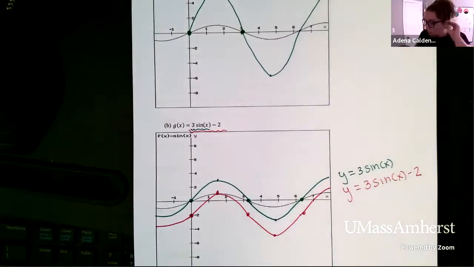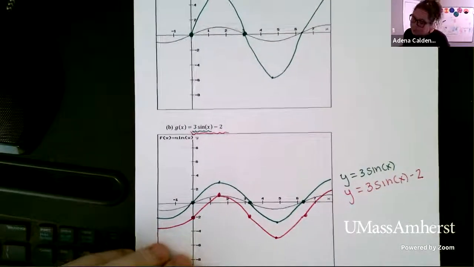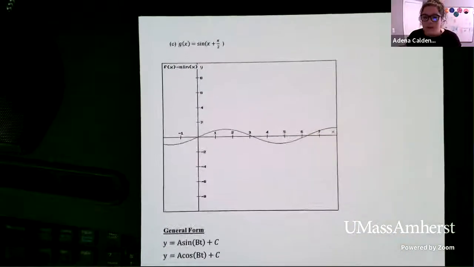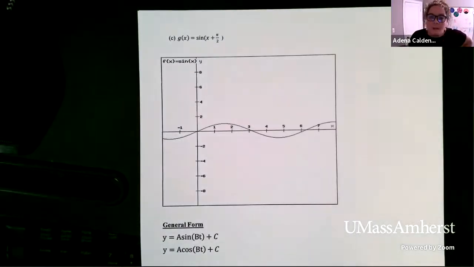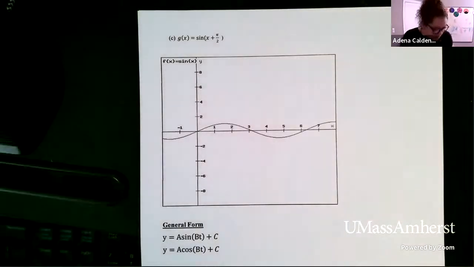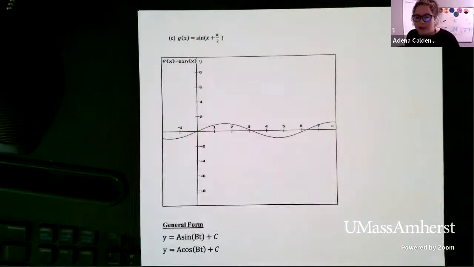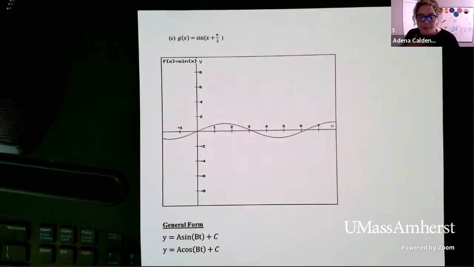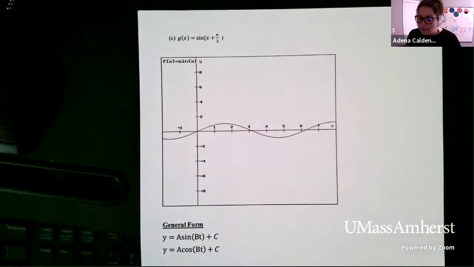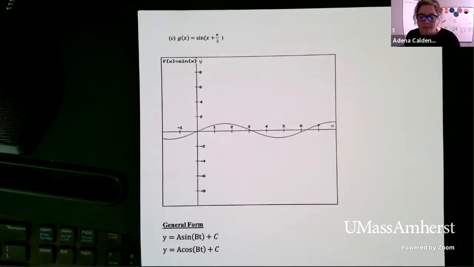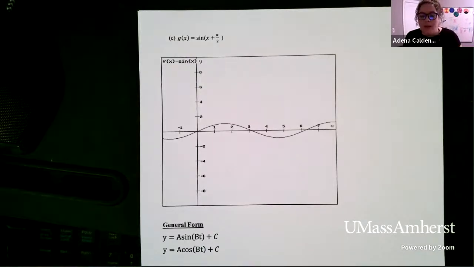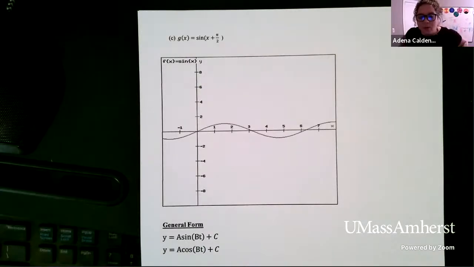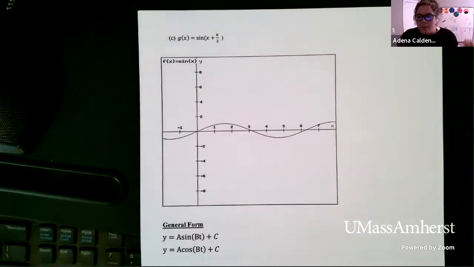I'm going to have you try one more just for the sake of interesting relationships, and we'll see what shakes out here. So sine of x plus pi over 2. I want you to remember that when you add or subtract a value inside the parentheses, that's when you move things left and right. And it's the opposite of what you think it'll be. So since we have plus pi over 2, we are trying to shift this left. So I want you to think about how you can take some values and move them left.